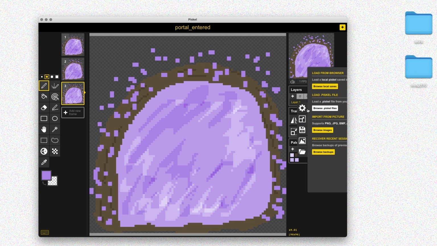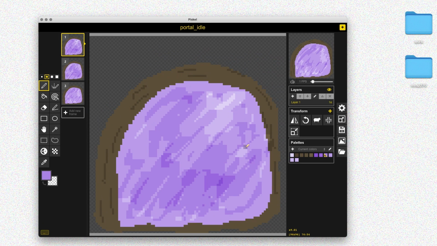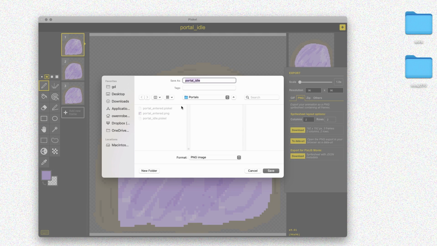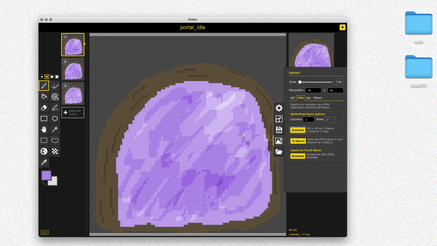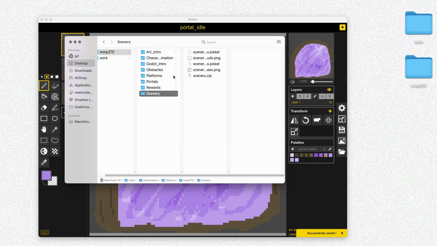So I'm going to go to the import tab and go to browse Piskel and bring my portal idle back. And just make sure to export that sprite sheet. So go to export and download sprite sheet, put it in the portals folder again, and now I should be good to go. I have two sprite sheets for the two states of my portals,